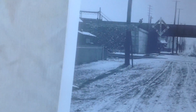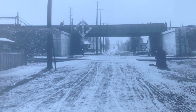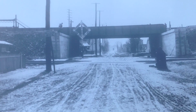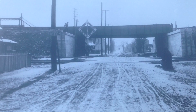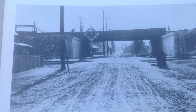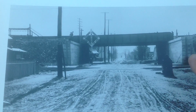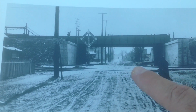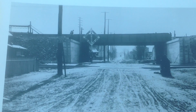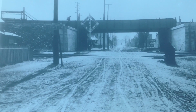Elm Avenue, looking west. This is 1908. Notice there's no railroad barrier stick to stop the buggies. Remember, this is before the cars could just go across the railroad tracks and get hit with a train. There's no crossing guard here. They had to have many accidents before they would incorporate the railroad crossing guard to warn cars not to cross